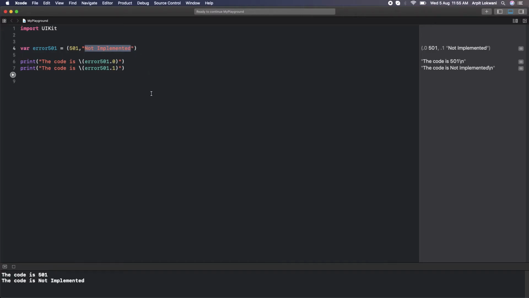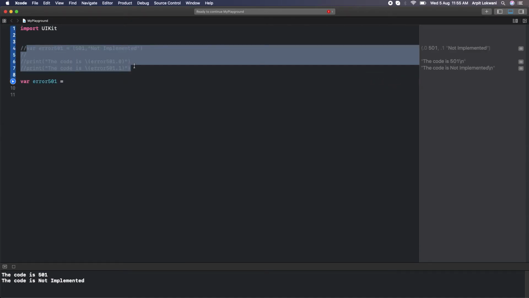Now one more type you can use. Suppose error 501 equal to... if I don't want to do it this way, we can do it in a different way as well.